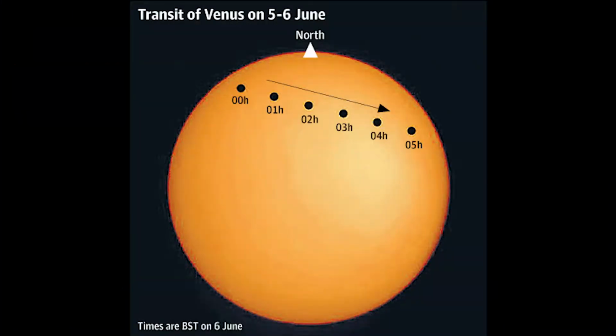Okay, so here is an image of or a series of images superimposed, really, showing the position of Venus as it transits across the face of the Sun from a given point on the Earth, and it shows the time in British Standard Time at where the planet Venus was, as observed from the Earth. Now, the next image I'm going to show you is this one here, which is kind of